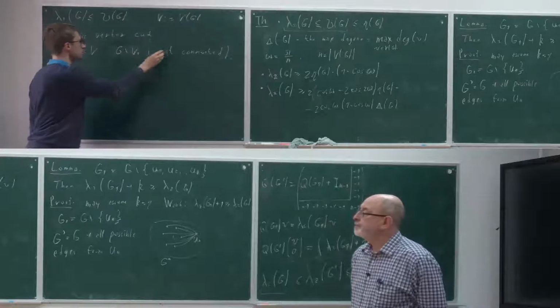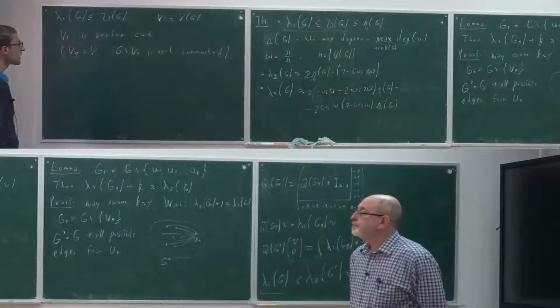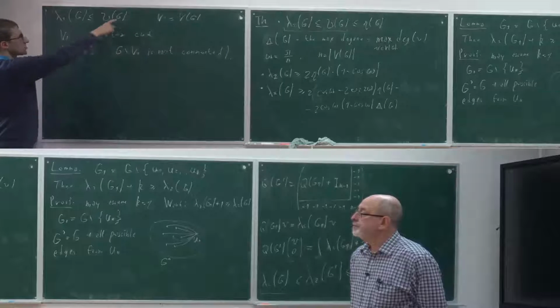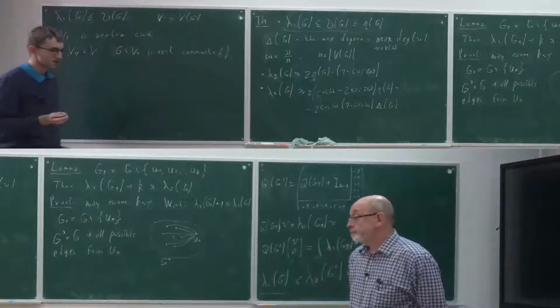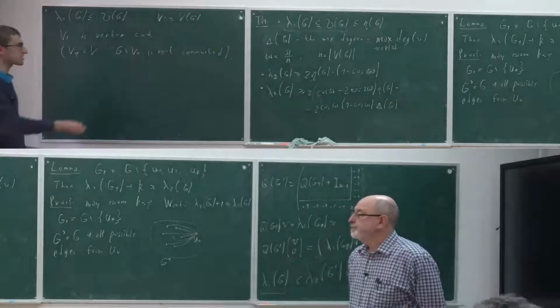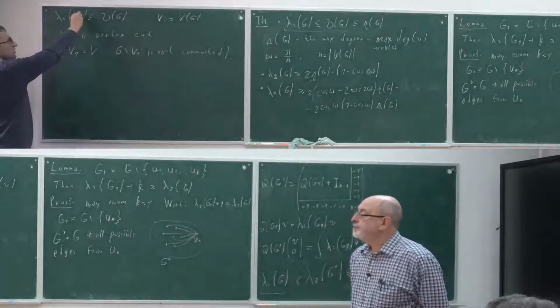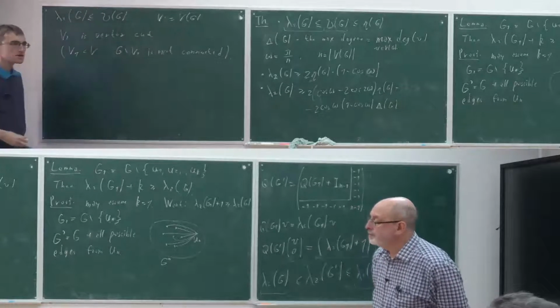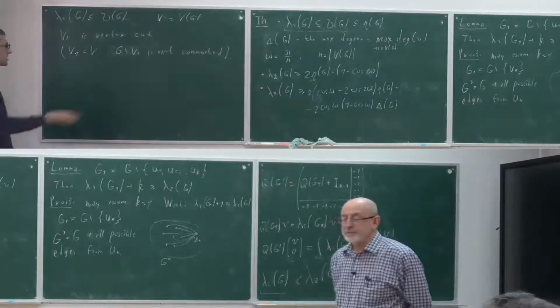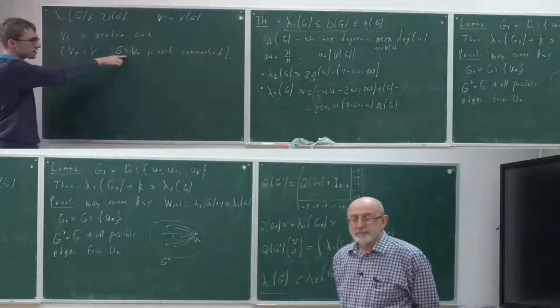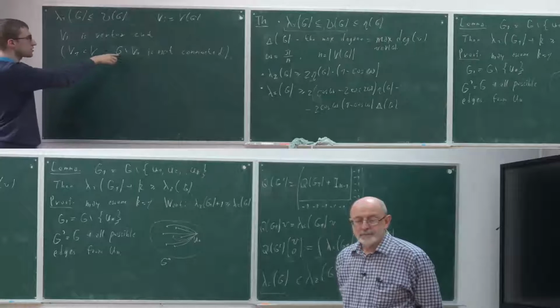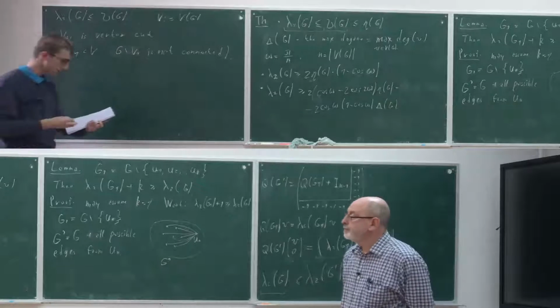it loses its connectivity. Surely I here assume that G is connected, since when G is not connected, this equality is obvious. We have both this and this equal to 0. G is connected, and I consider some set of vertices such that if I remove them, G loses its connectivity. So we have